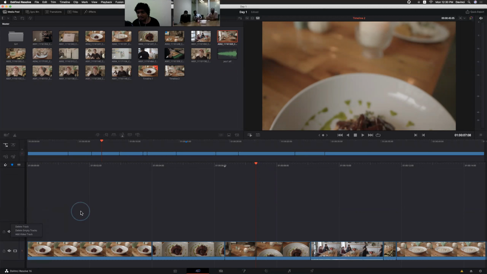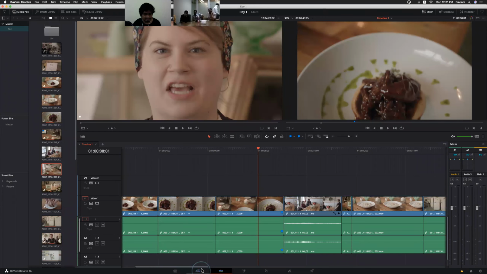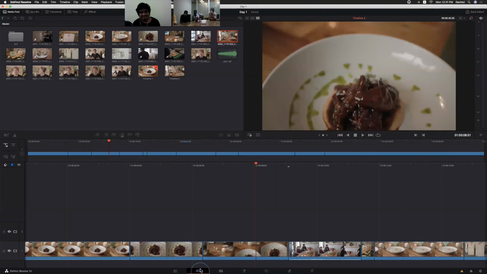Maybe YouTubers and vloggers may use the Cut page instead of going for a professional edit. People are using the Cut page for basic editing, not for professional edits. And in the Cut page, I like the source tape option, the marking and scrubbing through all the clips at a time and everything.